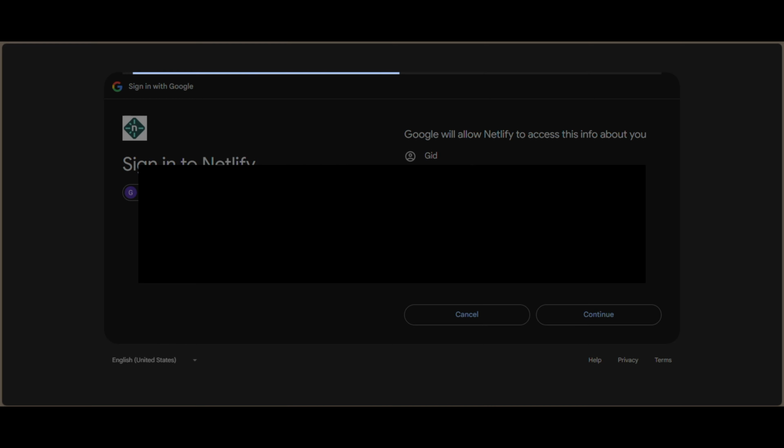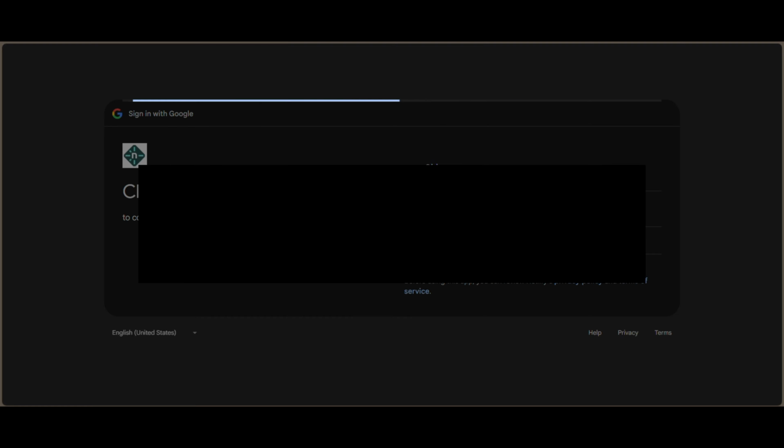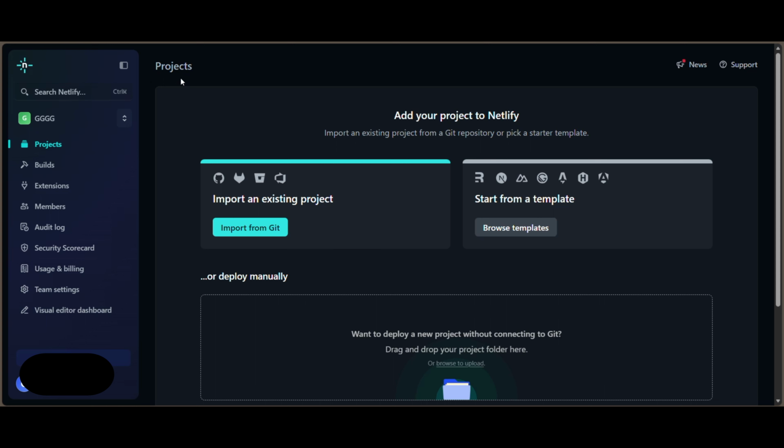So I want to use another email. When you log in with email, you just register for an account. After registering for an account, when you want to launch a web project on the home page here,